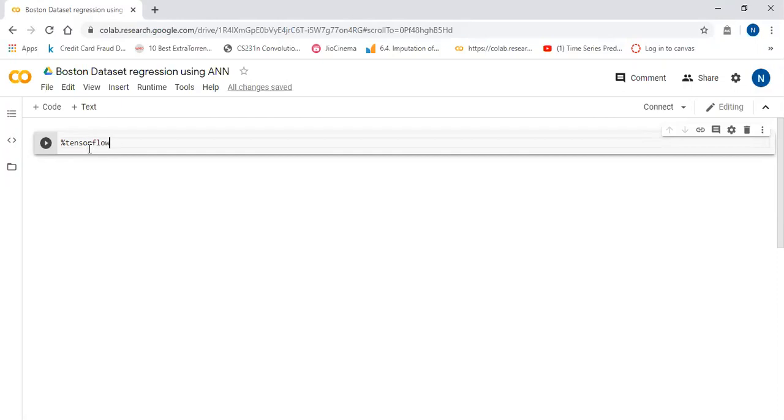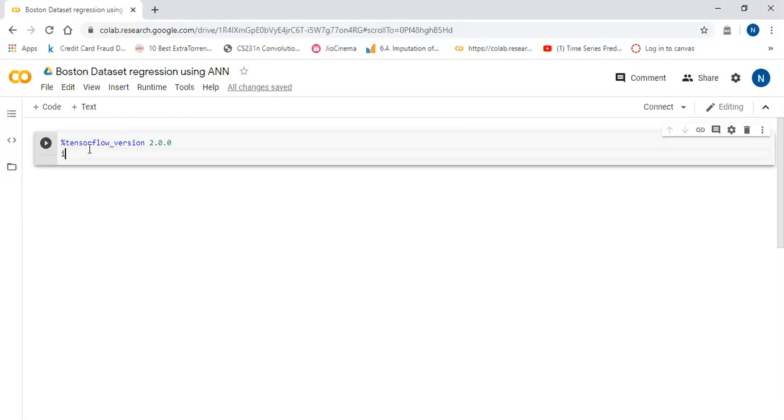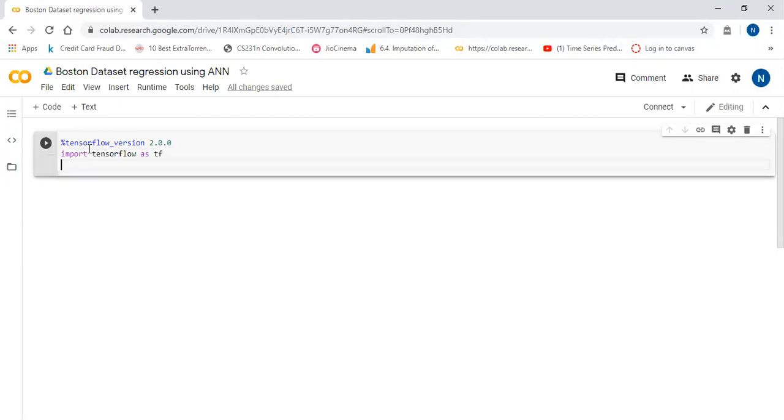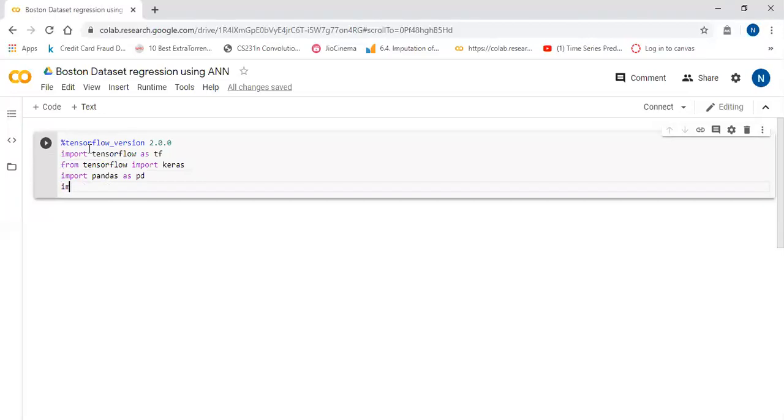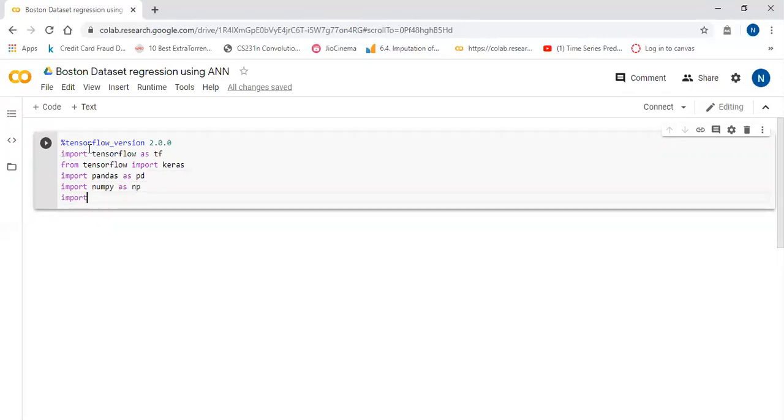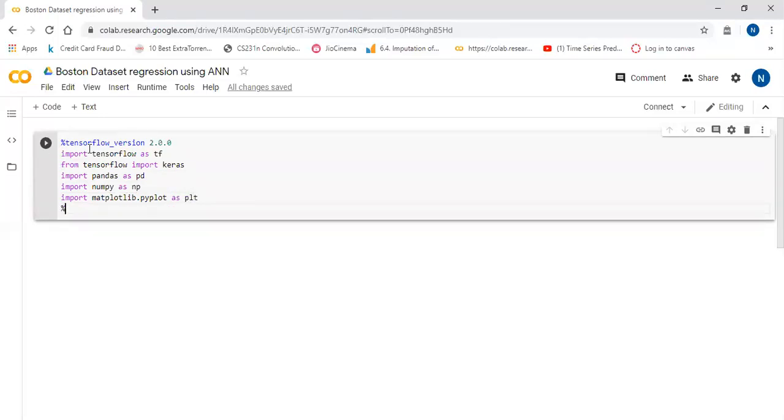TensorFlow version 2.0.0, and import TensorFlow as tf, from TensorFlow import keras, import pandas as pd, import numpy as np, import matplotlib.pyplot as plt, and another magic function,